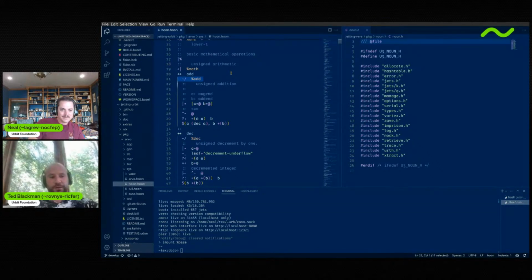Okay, so any sig rune, like any rune that starts with a sig, is a hint. And so a knock hint is a knock 11 opcode. And so sigfaz is a particular kind of jet hint for jetting a gate or a door. So something that has a sample in it. And so what it does is it says, if you run the add arm, then the knock formula for the add arm here that's in this core